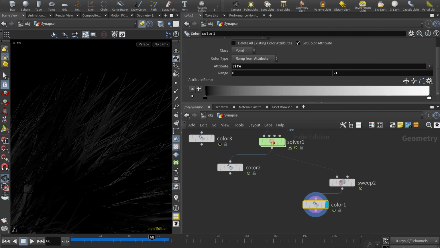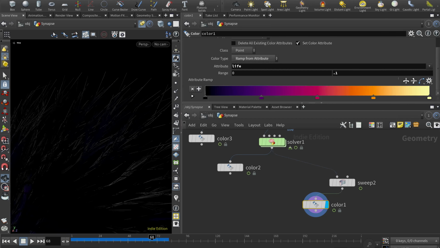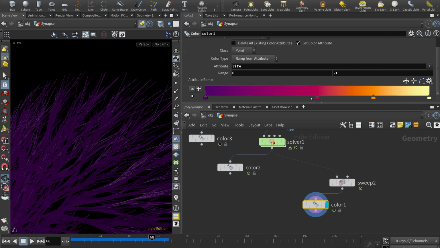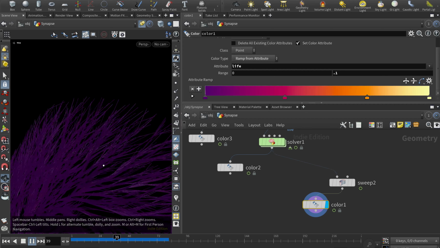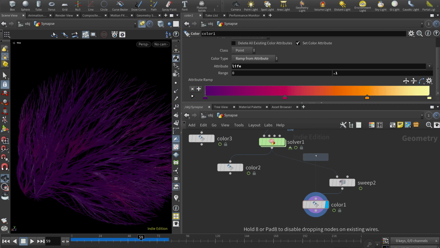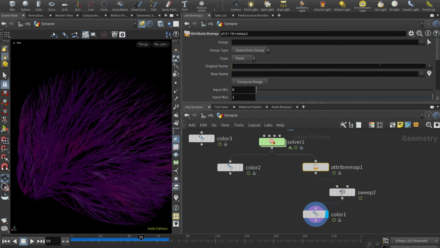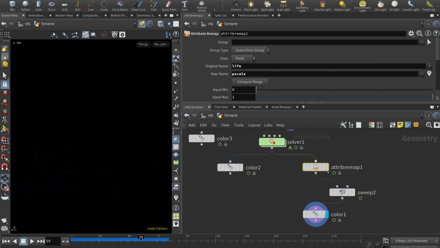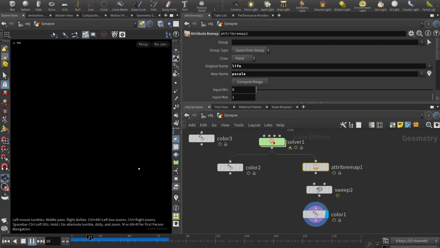Now first, let's make it a little bit more visible what's actually happening. This is the same as what we did before, but instead of black and white, there's different colors now. This seems like it gets red. You might see why we're going with this. Attribute remap, and then we will use this life attribute here to drive the pscale of the veins. Now what you get then,